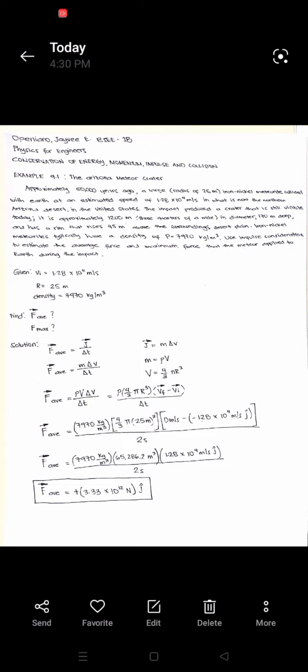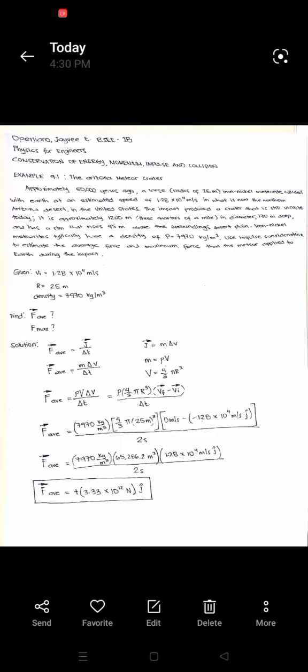So we all know from equation 9.6 that the impulse is equal to mass times the change of velocity. So now we have average force equals m times the change of velocity over time. The mass is equal to the product of the meteor's density and its volume. Again, the mass equals density times volume, and based on the given problem, the density of the meteor is